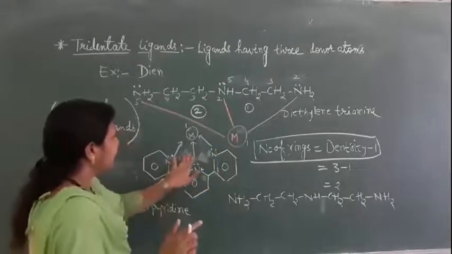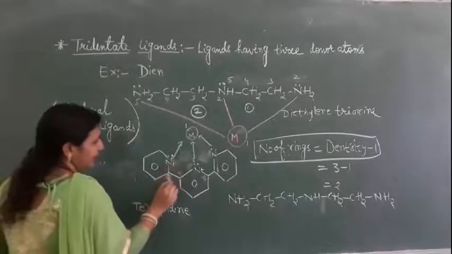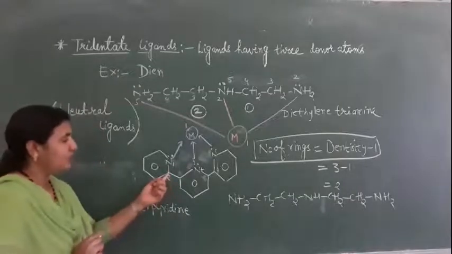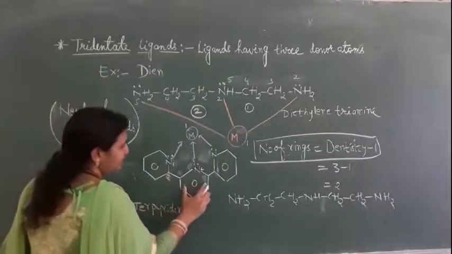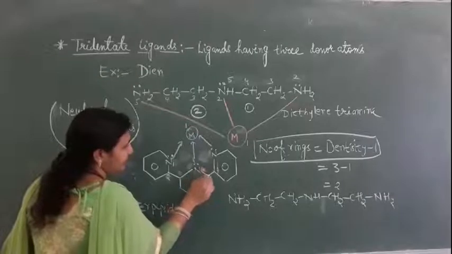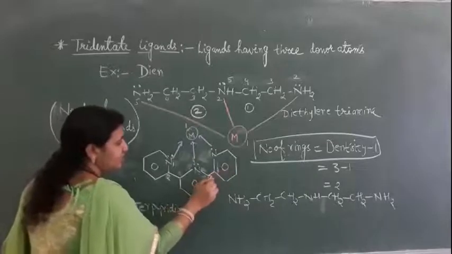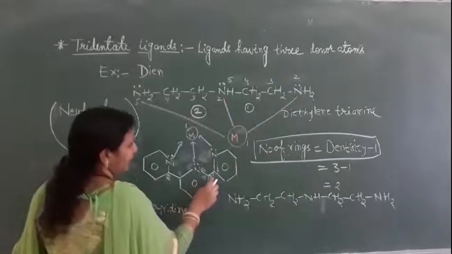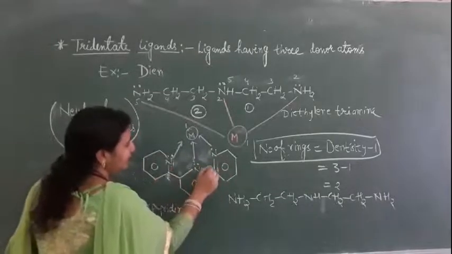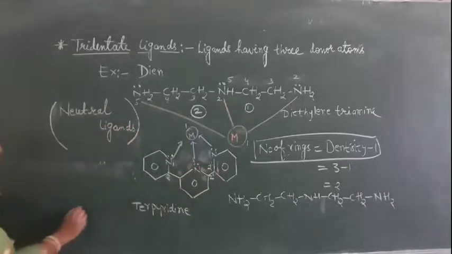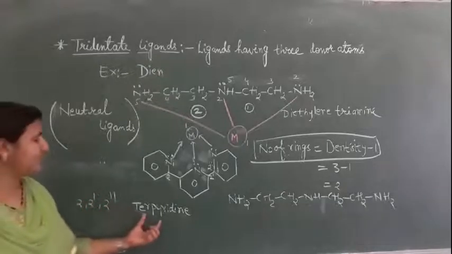See here, this is terpyridine. 3 pyridines are there here. This is 1 and this is second. So in aliphatic nomenclature, on the second carbon the another pyridine has attached here. This is 2, and this pyridine's second carbon, this is first carbon, this is second carbon. On second carbon another ring is attached here. So this 2 will be 2 dash. And it has attached to the second carbon of the third ring here. So it is 2 dash here. So the name will be 2 dash 2 double dash 2 dash 2 double dash terpyridine.